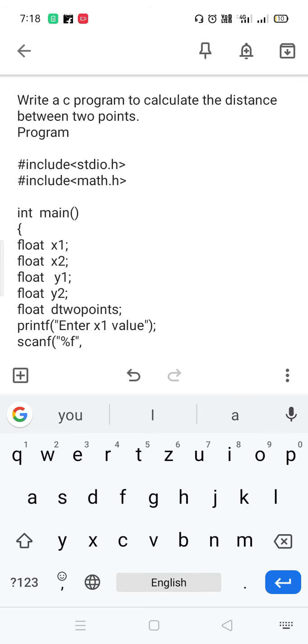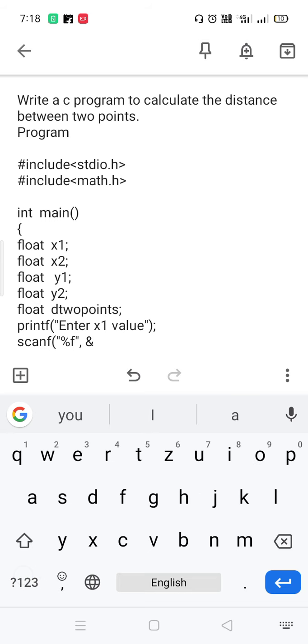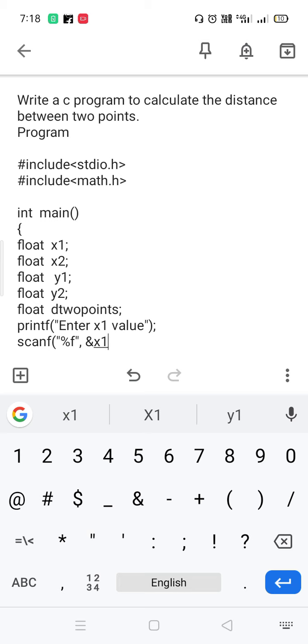After the comma, you need to give the ampersand and the variable name. And you need to remember here, after comma, after ampersand and after variable name, there is no space between ampersand and x1. Immediately when ampersand is completed, you need to write that variable name.